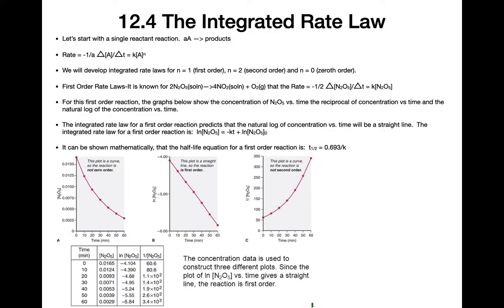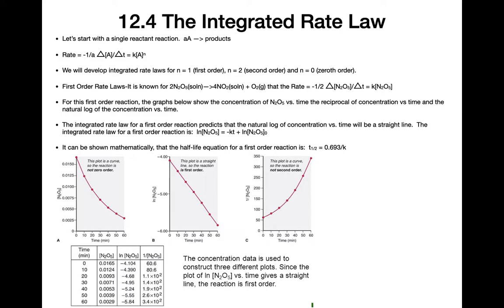So that means that we have taken this linear graph and created from it a useful formula that could be used to calculate the concentration of N2O5 at any particular time in the future, just knowing the k value and knowing the concentration of N2O5 originally. So you can work it either way. If you know the reaction is first order, you can use this formula, natural log of N2O5 equals negative kt plus ln of N2O5 at time 0,